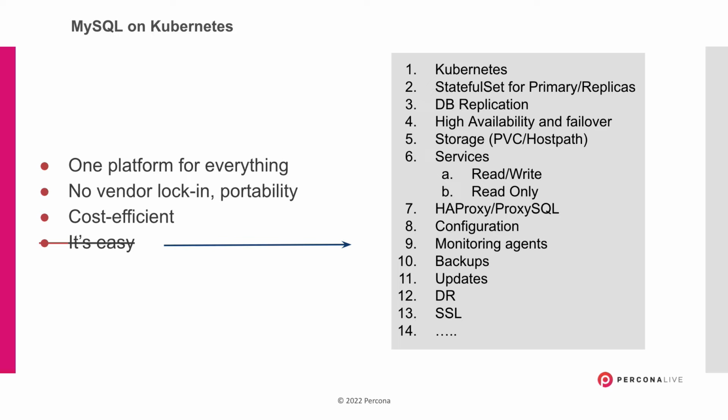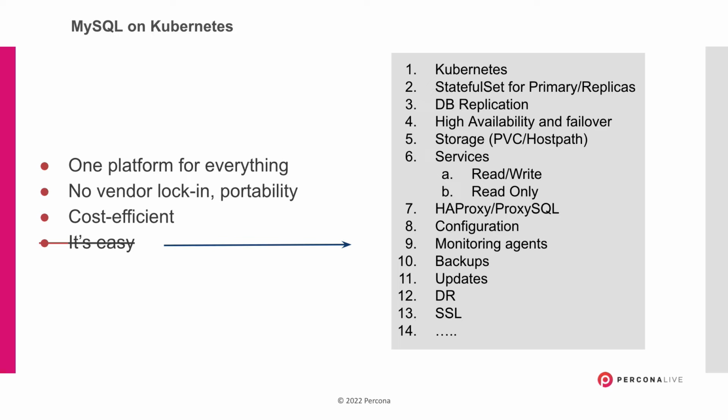We'll have a closer look at that later, but the thing I want to point out here is the paradox of Kubernetes, because Kubernetes is supposed to make things easier, but when it comes to databases, that's not really the case. It's a rather complex task. Even though Kubernetes introduces new concepts, it's much easier than it was in the early days of Kubernetes. It is still not that straightforward. So you need to take care of different things still. It's not just you take your database, pack it in a container, and that's it, right?